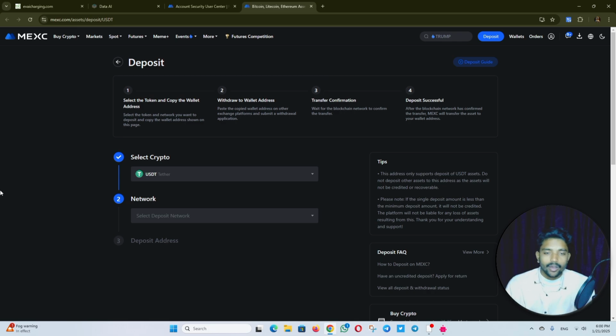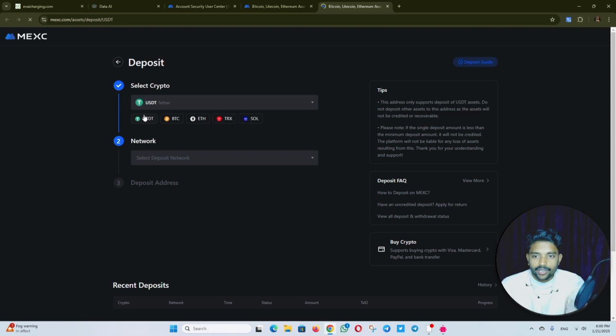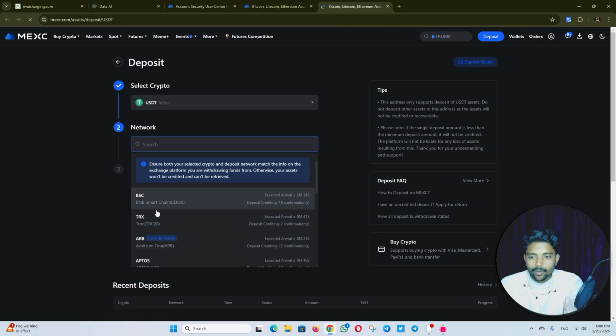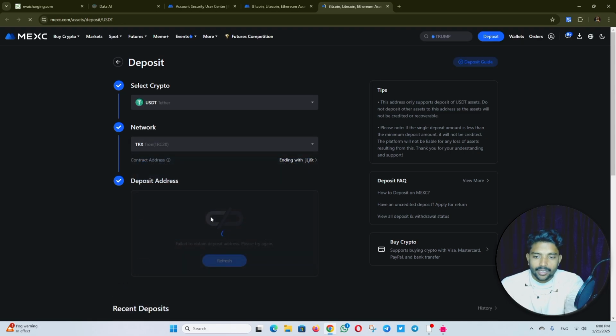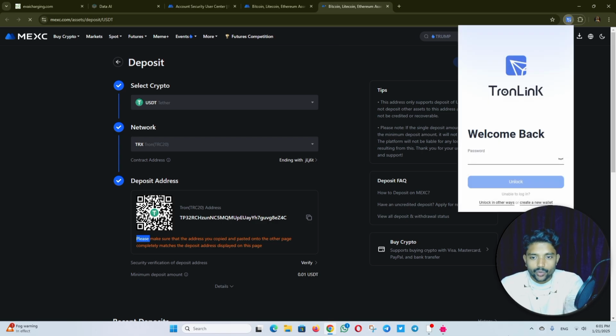Then after, I will show the deposit and crypto deposit area. Then you can check here is the USDT and deposit address TRX. Then the wallet address has been generated here. Then you can easily deposit. So let's go back to our home page. Then I will show you, this is the deposit process. Now it's over.